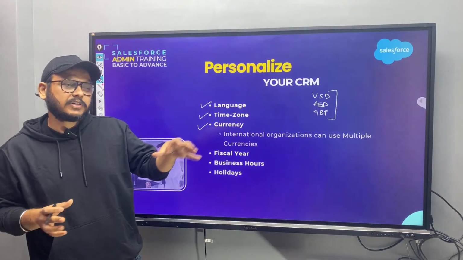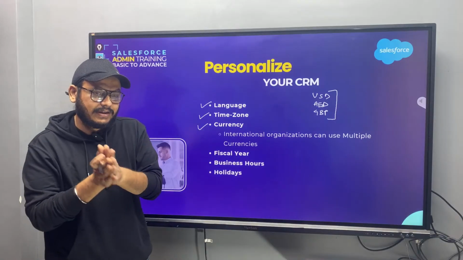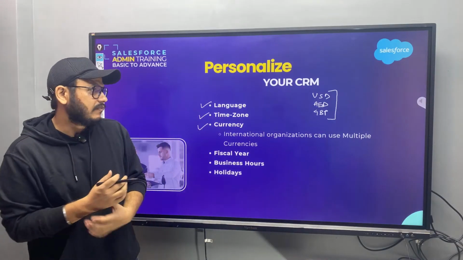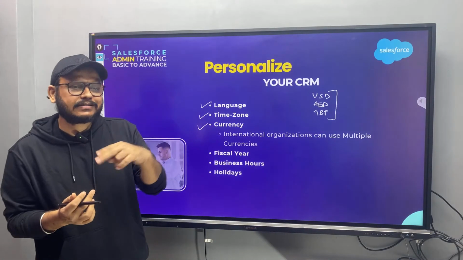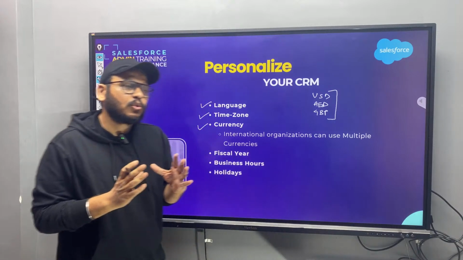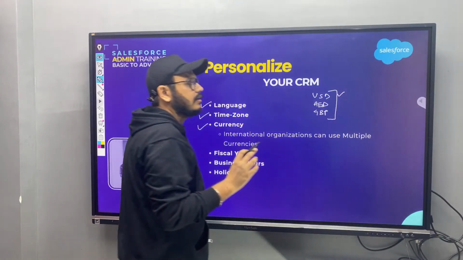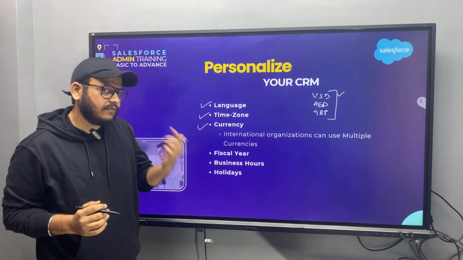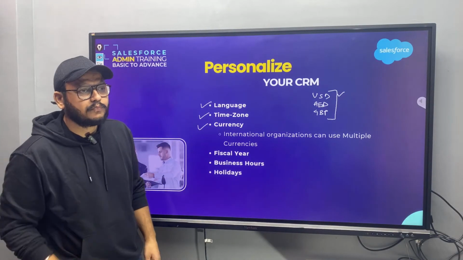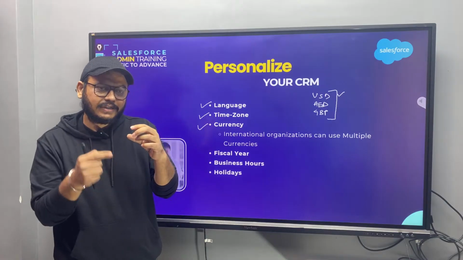to sell in multiple currencies, at the end of the day, there has to be reporting, forecast, etc., analysis that needs to be done. You cannot have different numbers in that case, right? So everything needs to be standardized into something, right? So when you use multiple currencies, you will also have to set up a corporate currency. Let's say US dollar is the corporate currency. Then for other currencies, you would define a conversion rate. That will be a configuration that you would do. So a generic conversion rate you would set up for the other currency, so that it can convert it to